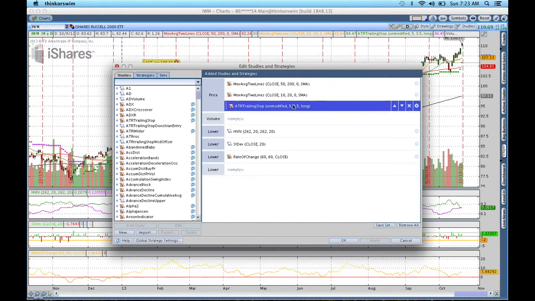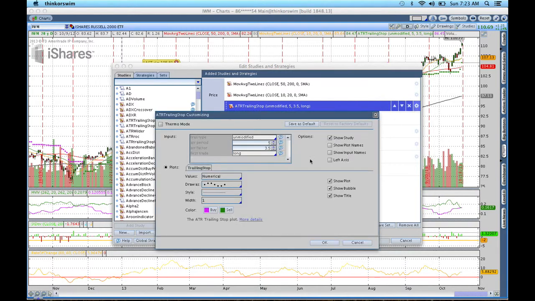Nothing super exciting. This is the average true range trailing stop that I use. I used an unmodified trailing period and an average true range period of 5. So basically it's looking back over 5 days to say what's the average true range. And then the factor I use is 3.5. So it takes the average true range over the previous 5 days, whatever that might be, and it offsets a trailing stop 3.5